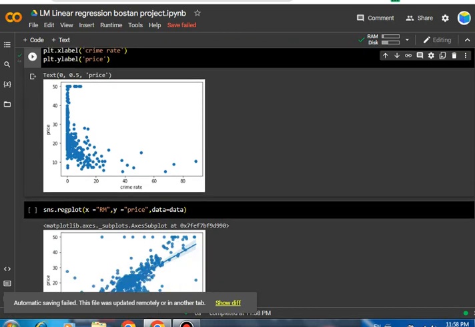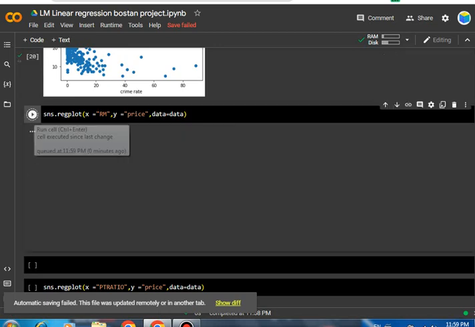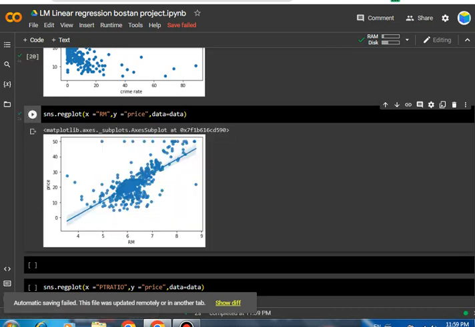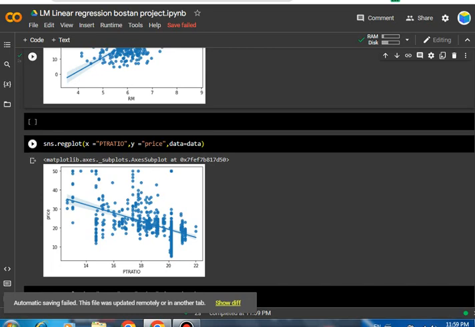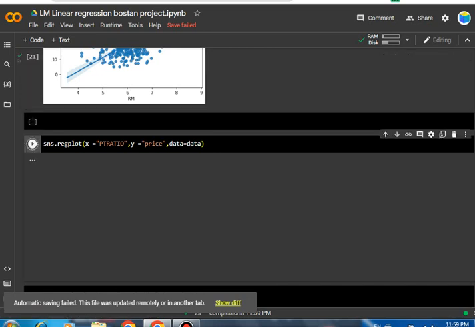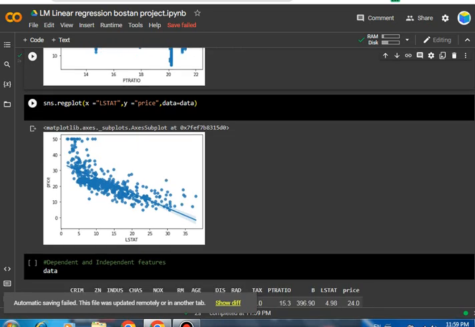So let's see, here you can see sns, because seaborn is here, and regplot, and x represents RM. So look here, here is the positive correlation. So you can easily understand the correlation of each and every one, any two, one is the x-axis, another is the y-axis. So let's see this one by one. You can try and understand. So this is a way to understand